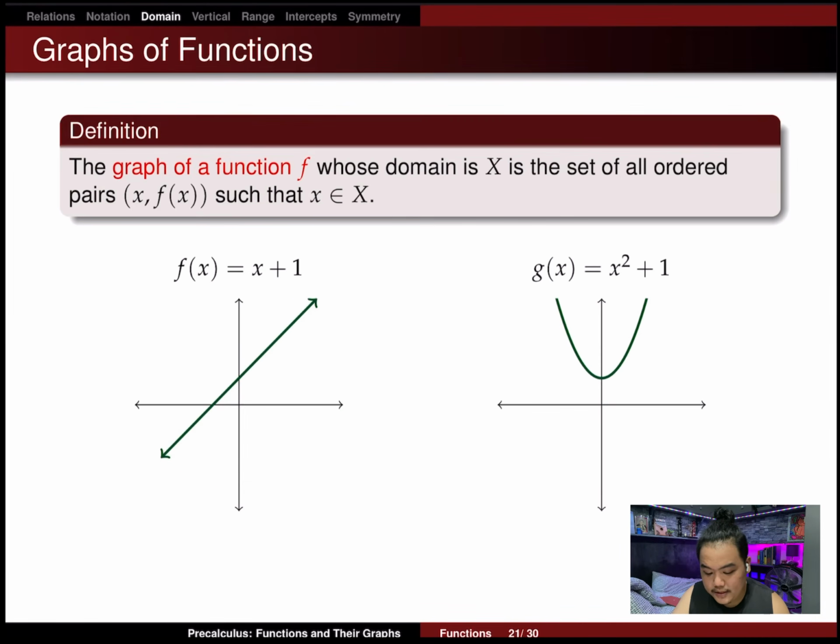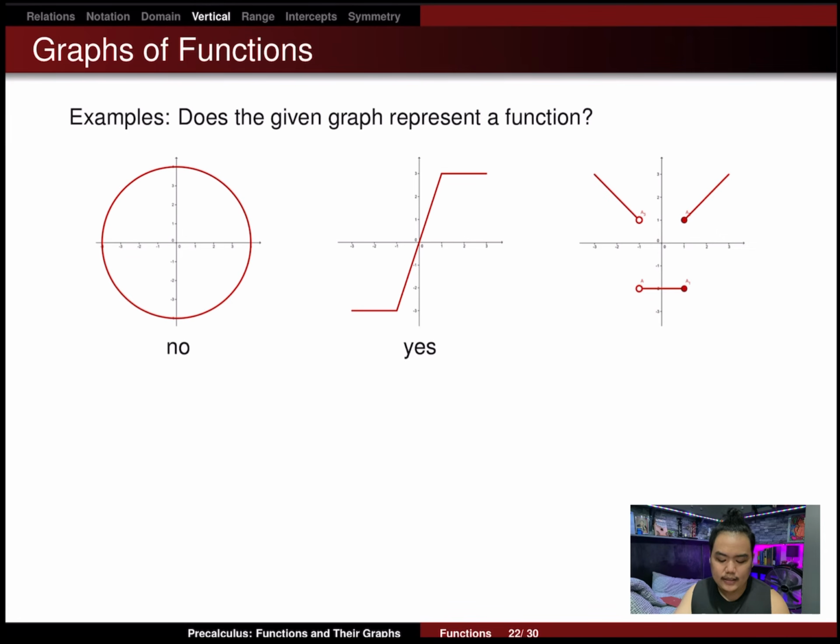So, ano naman yung ibig sabihin by the graphs of functions? The graph of a function f whose domain is X is the set of all ordered pairs (x, f of x) such that x is in that domain. So, for example, this one and this one. Actually, ang gagawin nyo lang dyan, let y equal to f of x or g of x. Tapos, gagraph nyo na lang yun. Using yung mga techniques na natutunan natin sa conic, equation of lines, equation of circles, etc. Okay, so these three graphs,